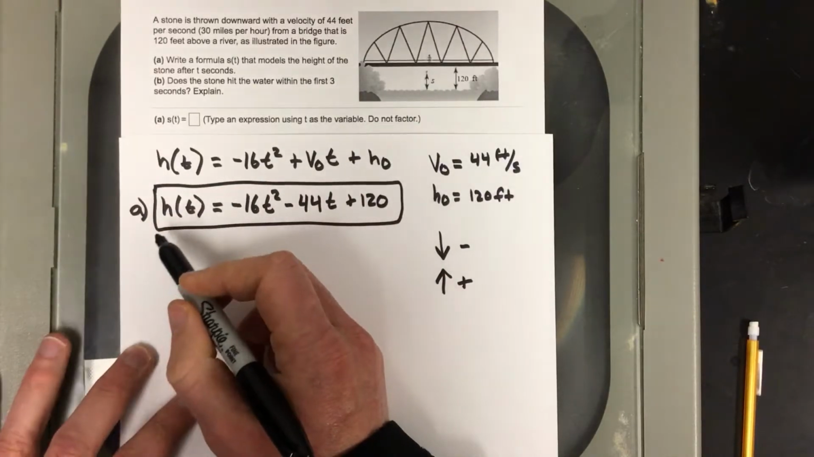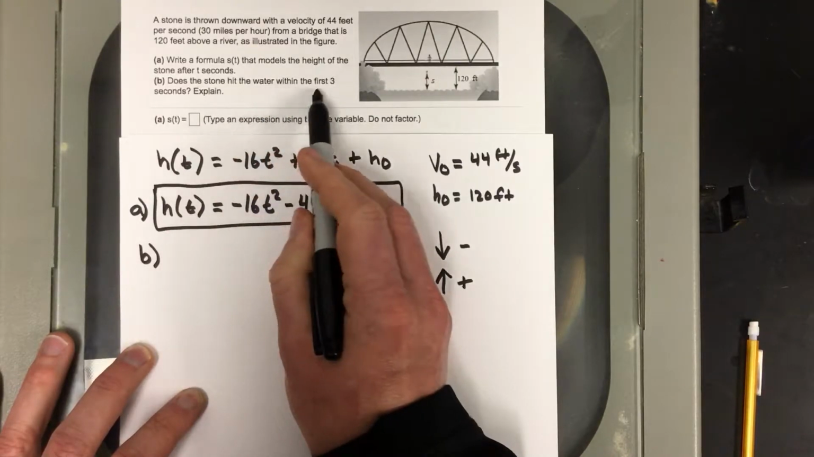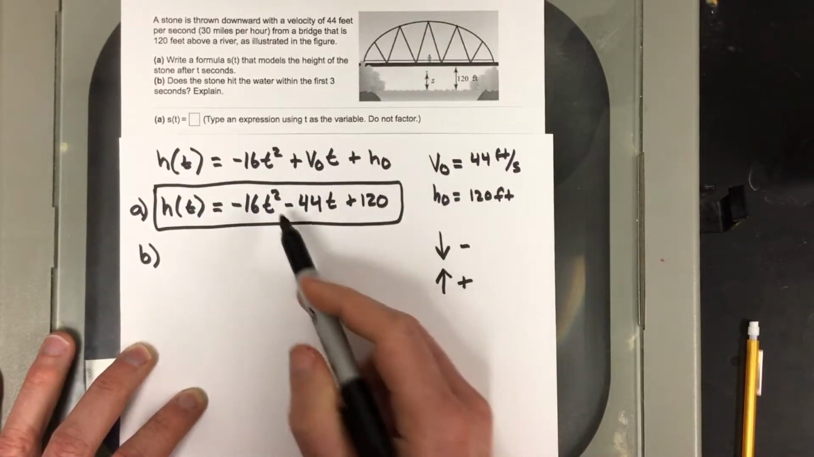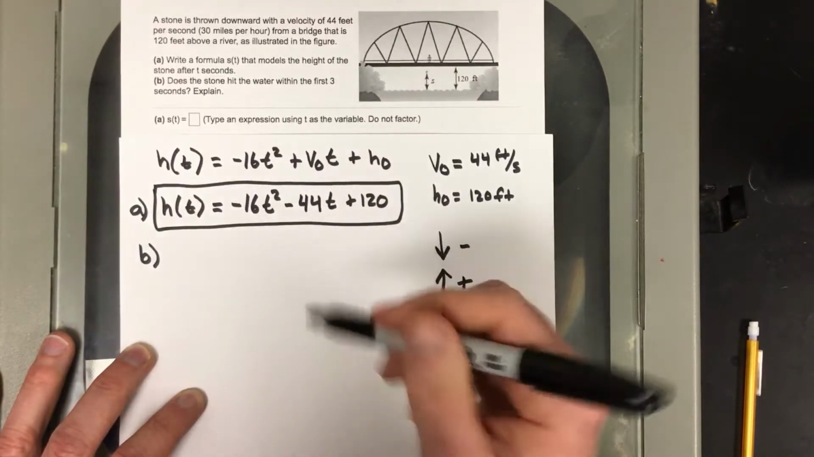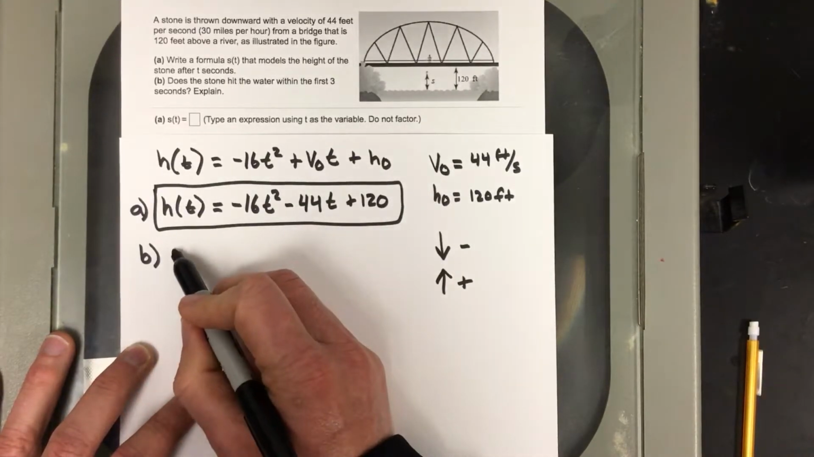But for part B, it wants to know, does the stone hit the water within the first 3 seconds? Explain. Well, let's check it. If we get a negative number when we plug in 3 here for t, obviously it already hit the water because it's below water now. If we get a positive number, then it's still got a little ways to go. So let's do h of 3